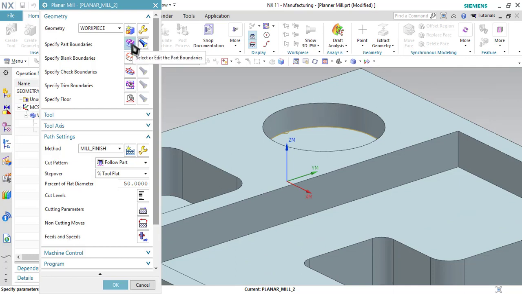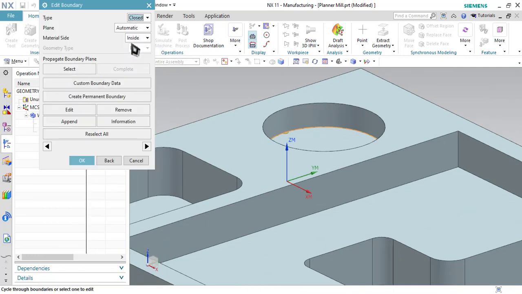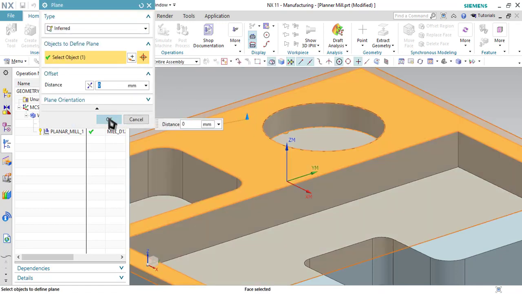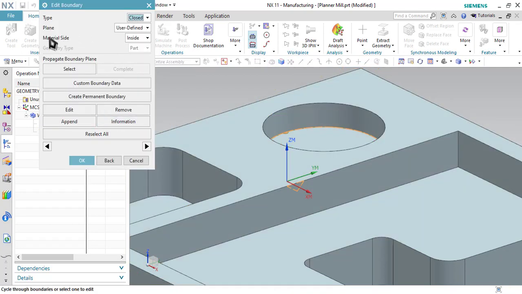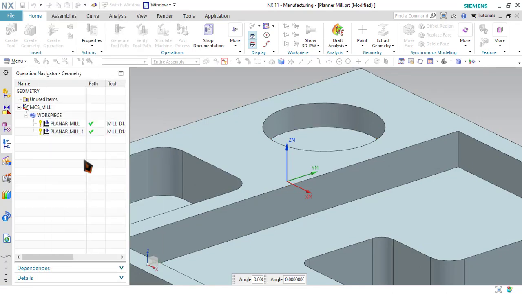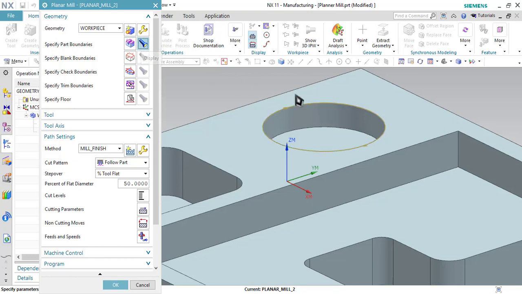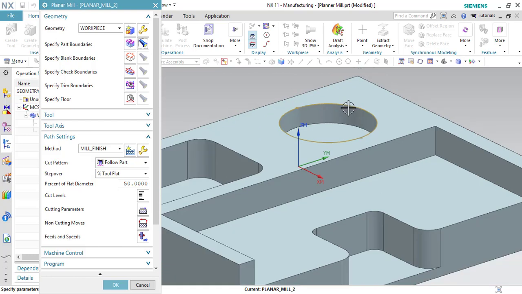So for that, click on specify part boundaries, and in the plane you have to select the user defined option and select the top surface or the plane where you want to shift those boundaries, and click OK. And here in material side you have to select outside and click OK. Now as you can see, the boundary has been shifted from the bottom surface to the top surface.